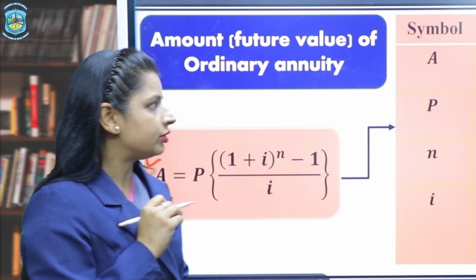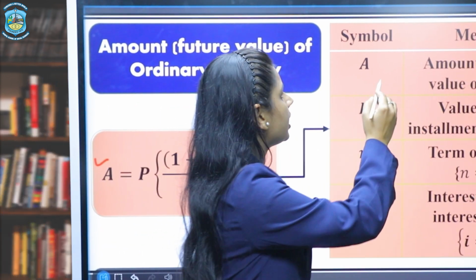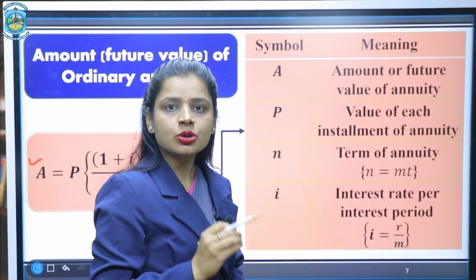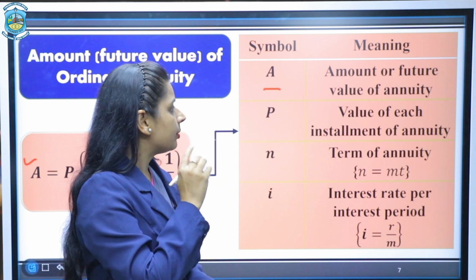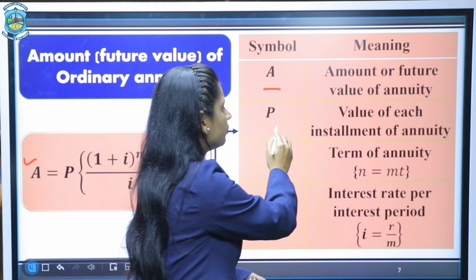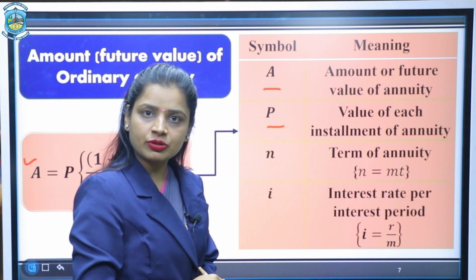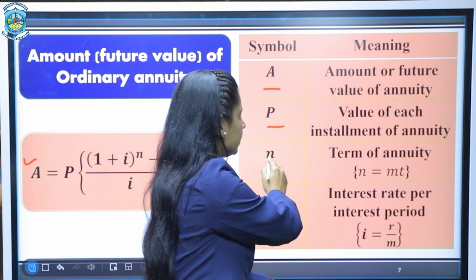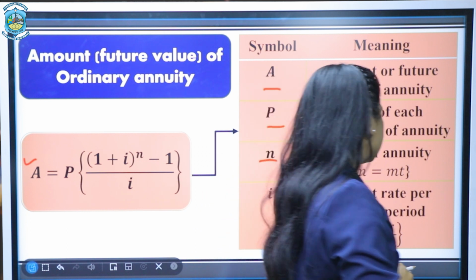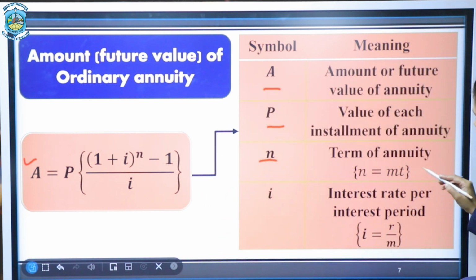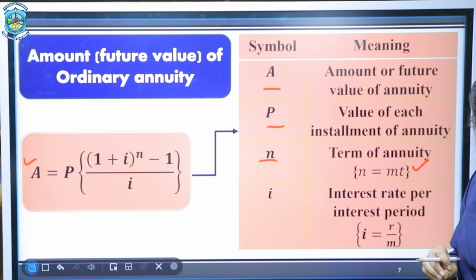Now, the meaning of this terminology is: A is the amount or future value of an annuity, P is the value of each installment of an annuity, n is the term of an annuity, and we may calculate this term by using the formula n equal to m t, where m is the number of payments in a year and